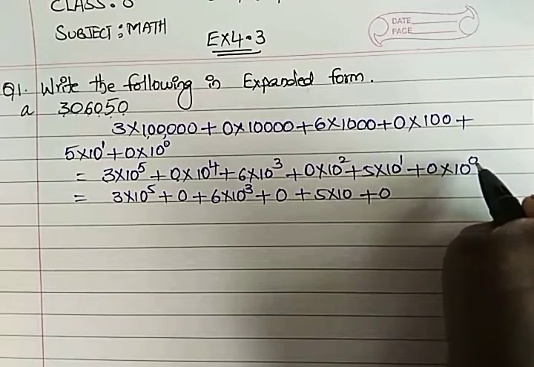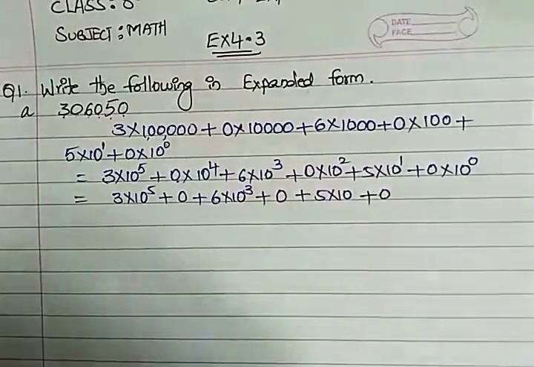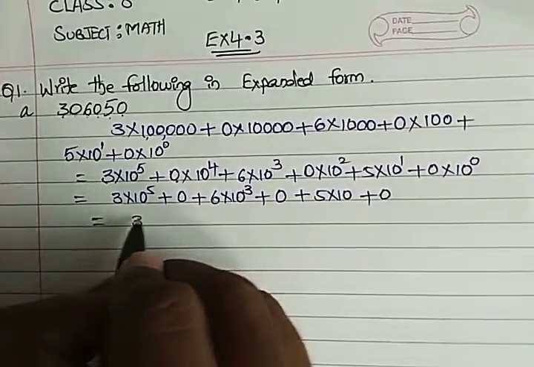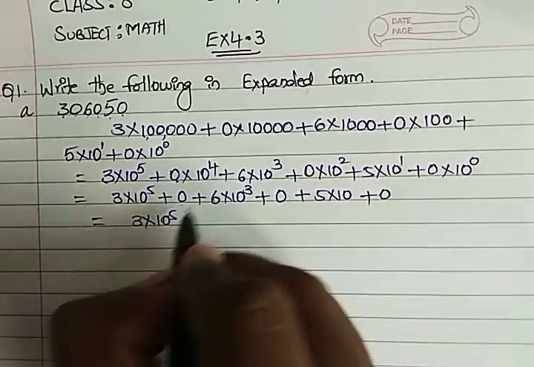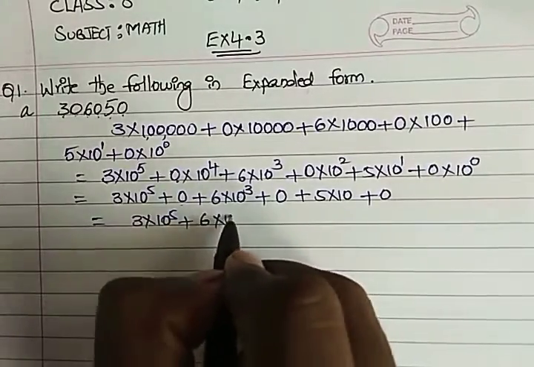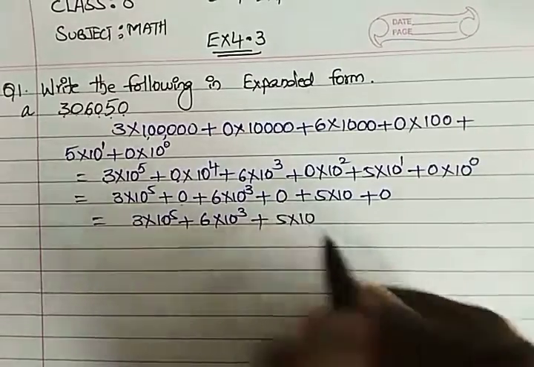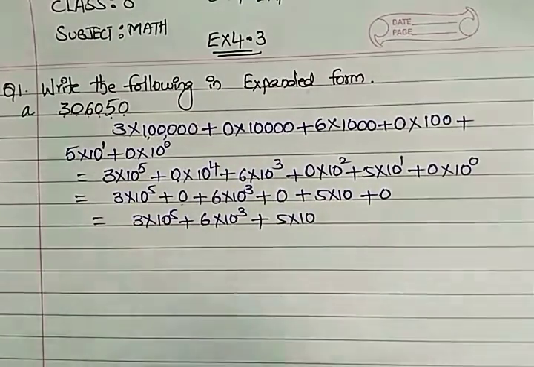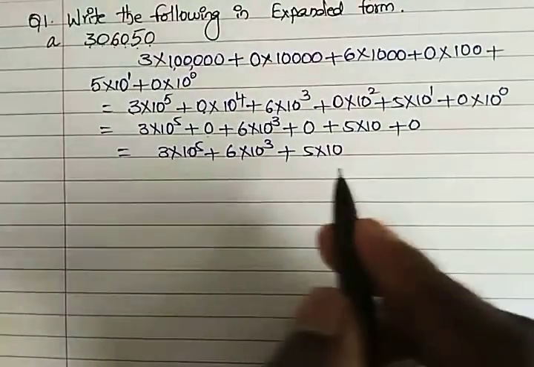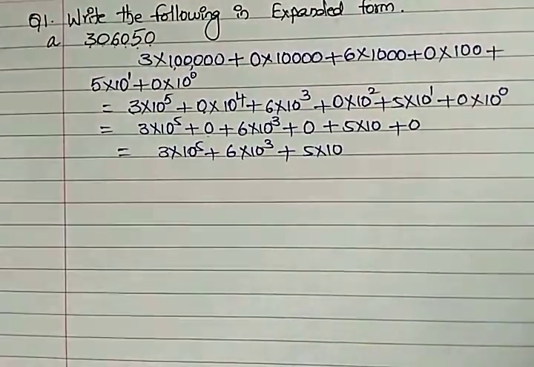10 power 0 is 1, but 0 into 1 is 0. So finally we can write the answer: 3 into 10 power 5, the 0 can be removed, 6 into 10 power 3, again this 0 can be removed, 5 into 10. So this is how we write the numbers in the expanded form. This is question 1A. You can verify your answers. Second one is,